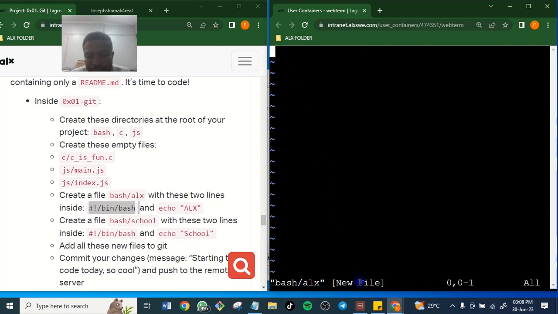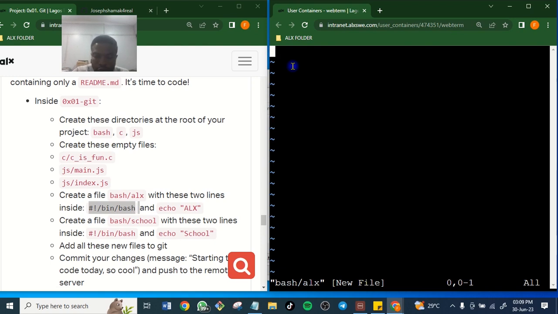It's saying it's a new file. Okay, I must have replaced it with something. Yes, I must have replaced it with something. Oh, so we'll get to that. Are we sure that this is correct? bash/alx. Yes. So very good. So now let's input what we are being asked.